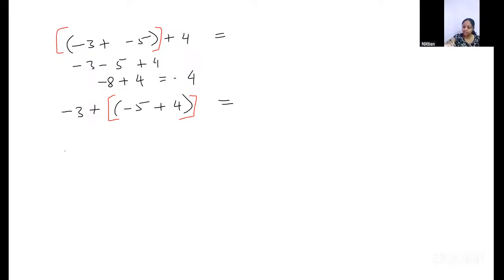Similarly, in the next one we first do what is inside the bracket: -5 plus 4. Minus plus is minus, so subtract, and we get -1. Then -3 plus -1: minus minus is plus, so add them, 3 plus 1 is 4, and put the sign of the negative number, that is minus. So here also I'm getting -4, which gives us the property that for